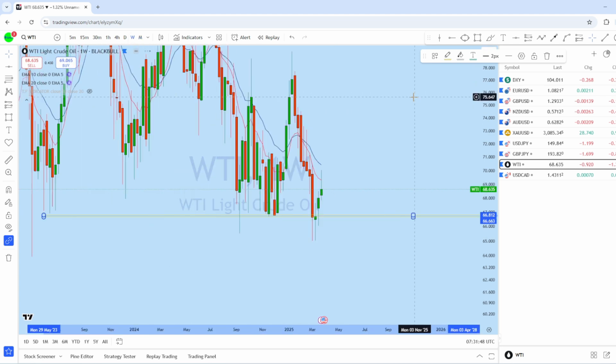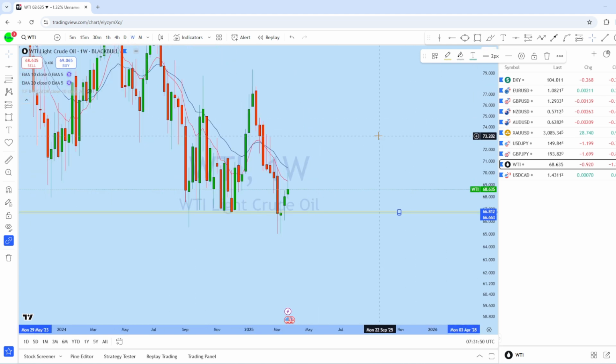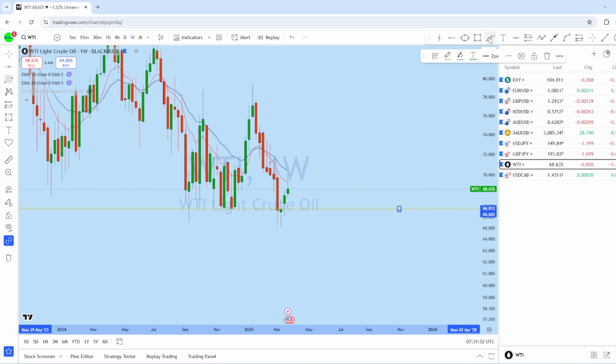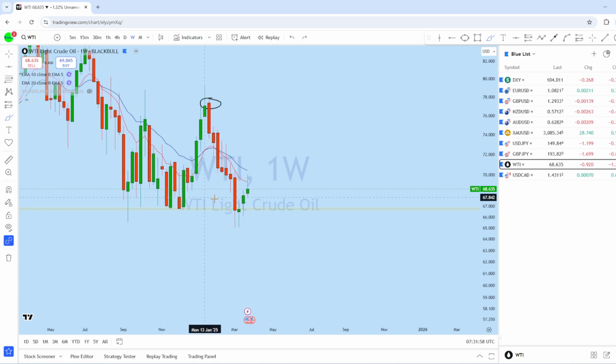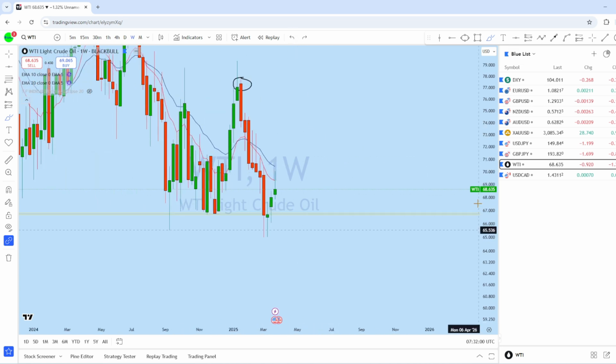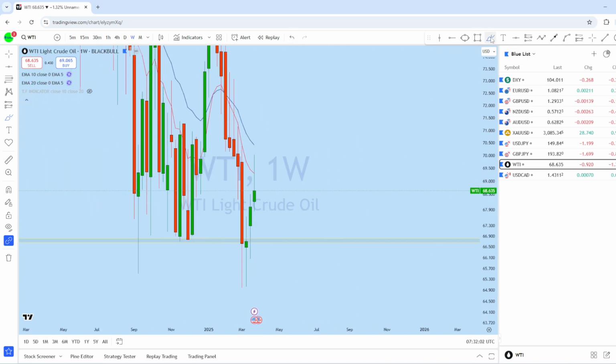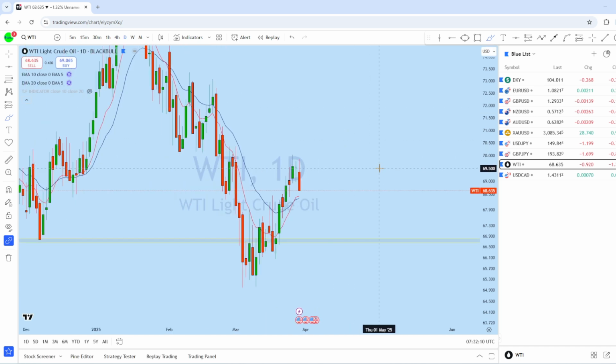Looking at the weekly chart, this is the weekly move here on WTI, followed by back to back 3 weeks of long wick candle formation. And I think that this week, after an initial pullback, we might see the market drop again to that support level. Now if we look at the daily chart here, we can see there is a daily bearish